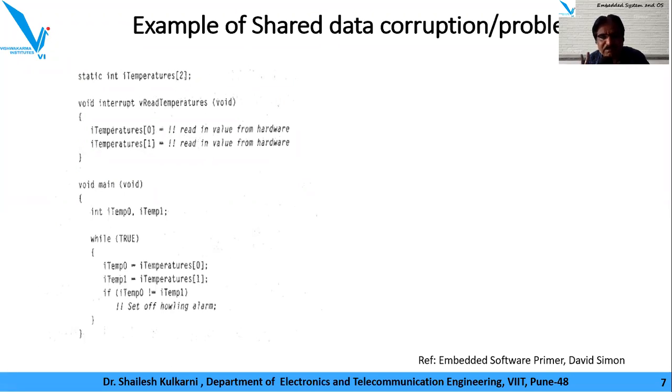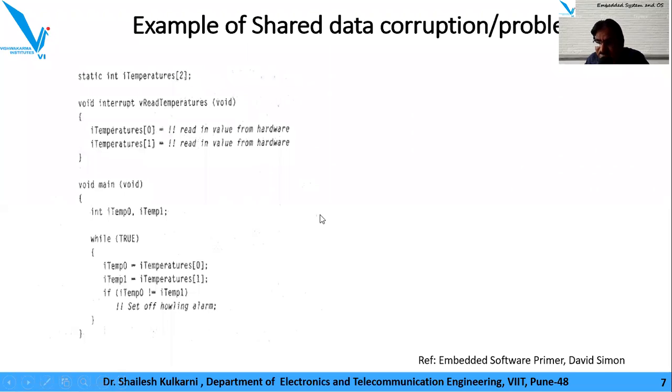Monitor this in this main loop. Whenever it finds that the temperatures are different, some kind of alarming system is to be generated. So this is the simplest application that you can see. Can you see some problems related to it? Because you can see that this array iTemperature